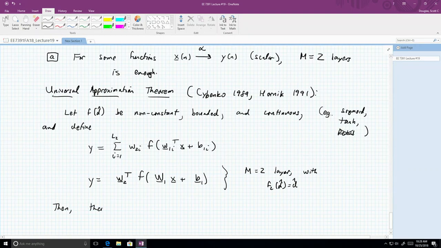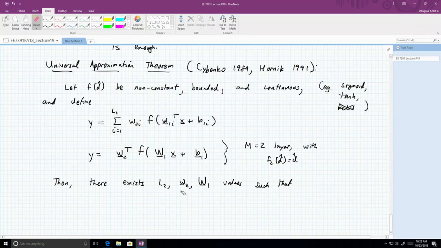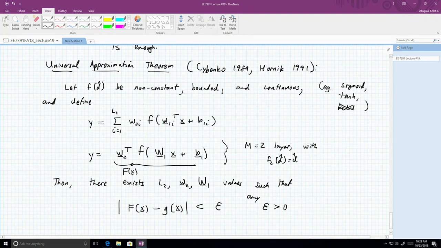Then the theorem says there exists a choice of L2, W2, W1 values such that, and I've already specified my L2, these all have to exist, and obviously L2 has to be finite, such that if I look at the relationship between some overall function f of x and some other g of x that I want to model, the difference, for all places in x, is less than epsilon, where epsilon is greater than 0. It's any epsilon greater than 0